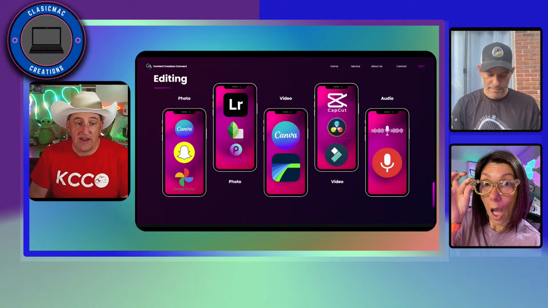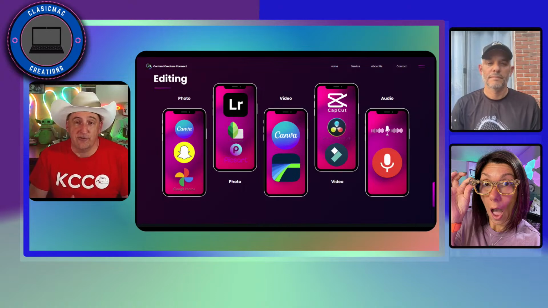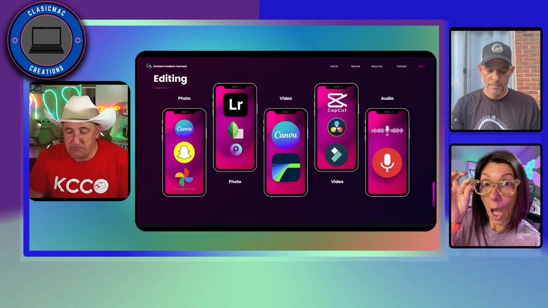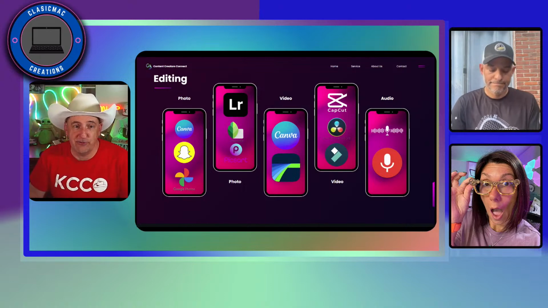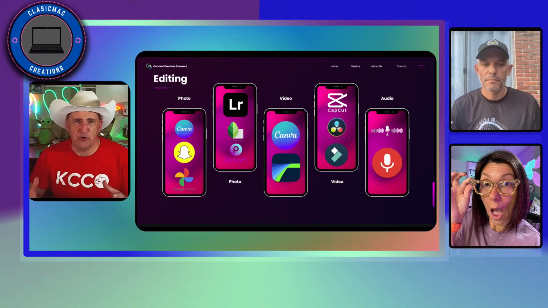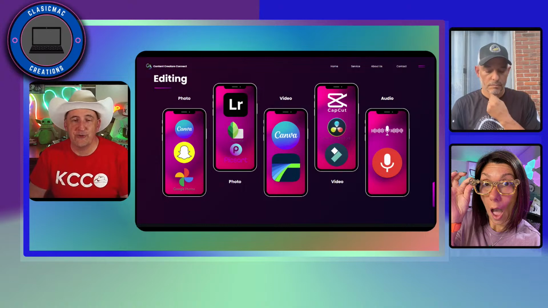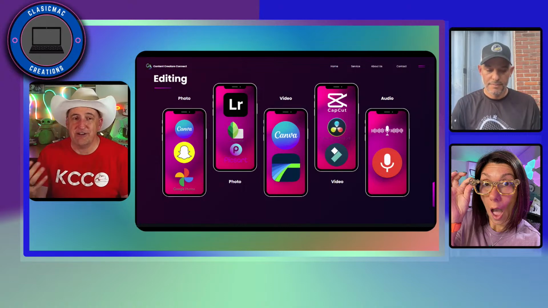Before that, I also used LumaFusion. That was one that was quite popular over a year ago, and I did use that quite a bit. And like you had mentioned, Manny, CapCut. I did sort of play with that for a little while, but found that I'm more used to the Canva aspect of it. And because of mobile, it's not just my phone, but I also have an iPad.